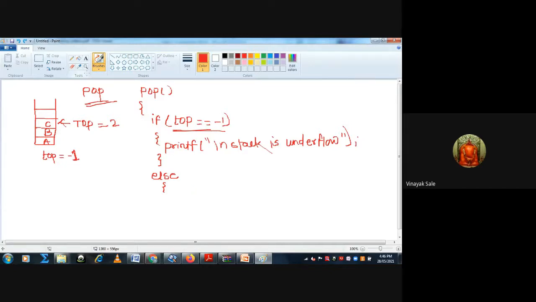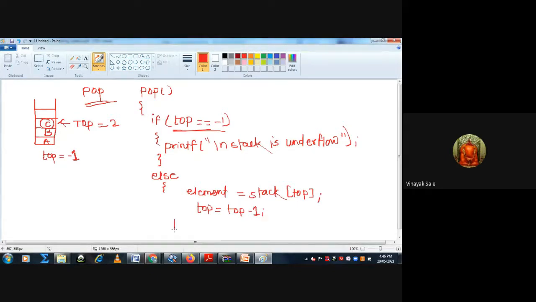Suppose you want to delete elements from the stack. Now here top is equal to 2 and you want to remove this element C. So to remove the element, element is equal to stack of top, that is the present position of top, and then decrement top by 1. Top is equal to top - 1.